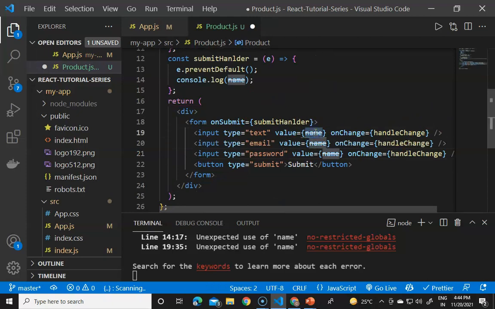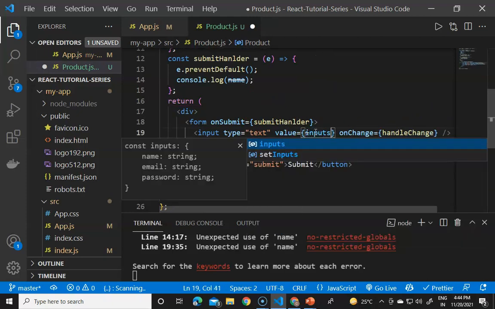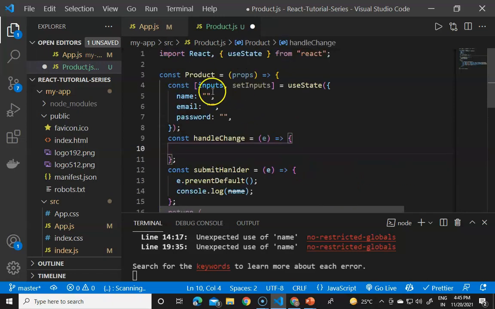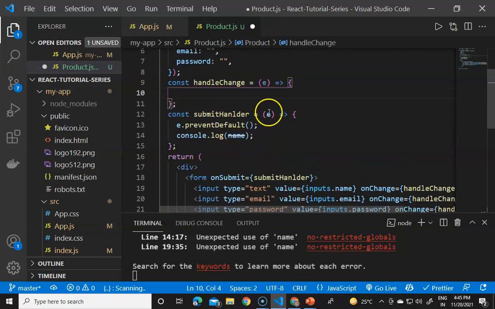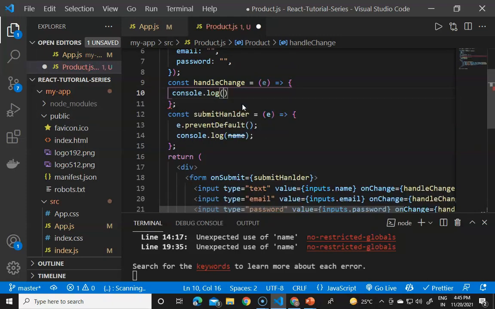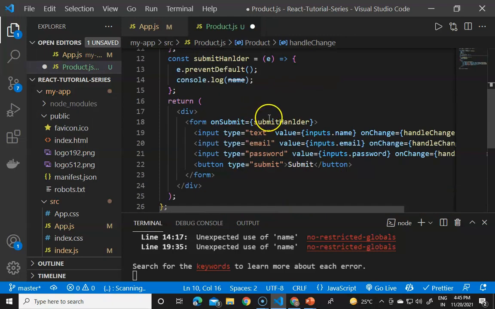So we have to add here like the inputs.name as the default value. Now the inputs.email, and then the inputs.password. And then the onChange will be the same. And now we have the name, email and the password in that. So in the handle change, if I will now just console.log